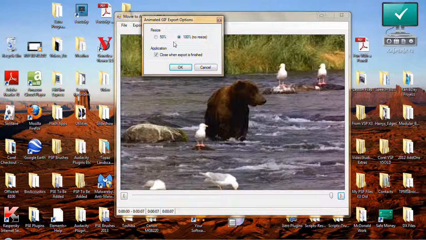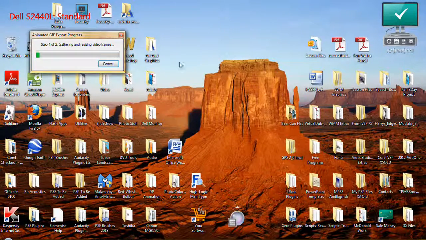But for most GIFs, if you want to upload them to a website, a social media site, or embed them in an email, you want to resize it, and it gives you the option of cutting it in half, which is good. And you can close the application when you're finished. And when you click OK,